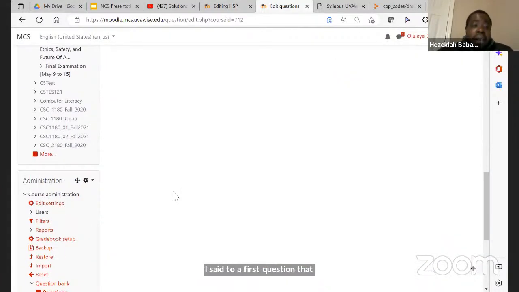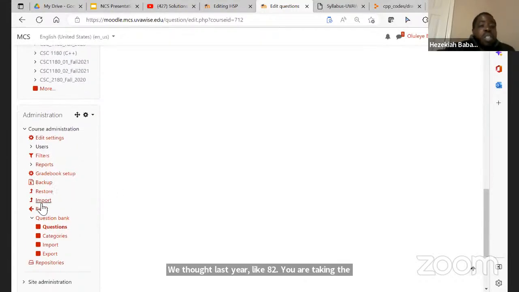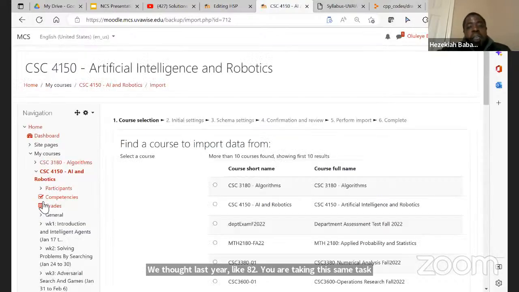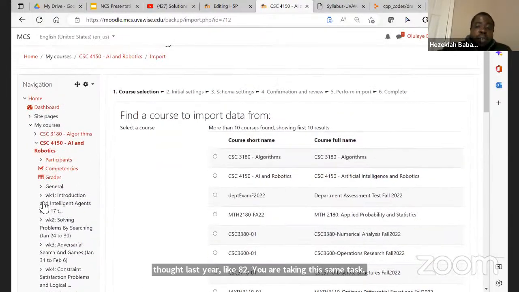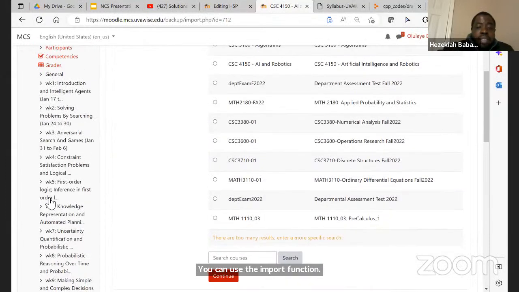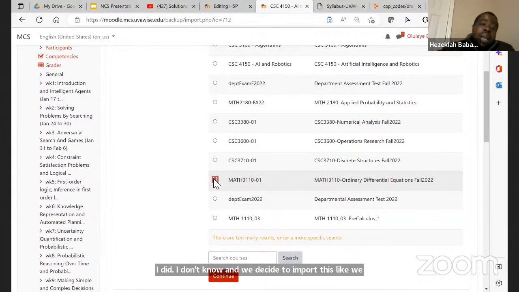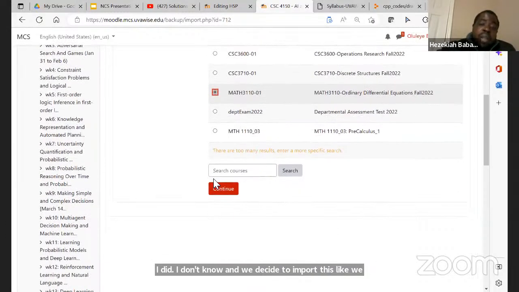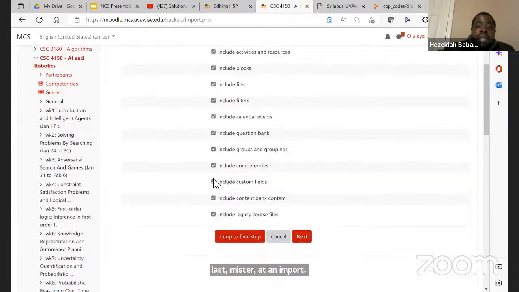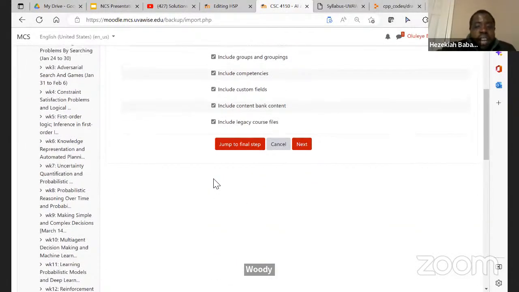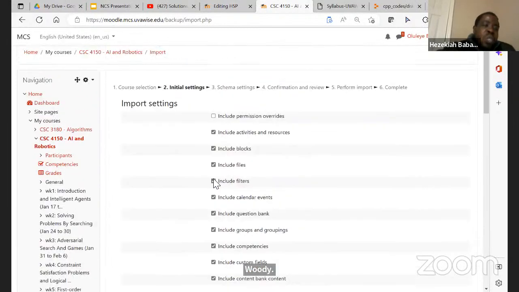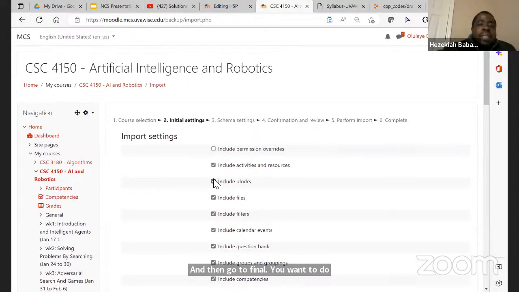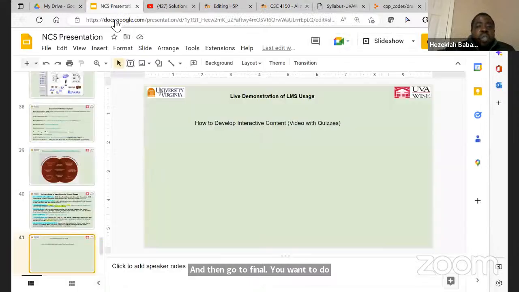If you taught last year, like maybe 2022, and you are teaching the same course, you can use the import function and import the ones I've taught. I may decide to import this, like for differential equations last semester. I can import ODE, say continue, and then jump to final, but I don't want to do that now. So you could do many things, but first and foremost, you want to make sure that